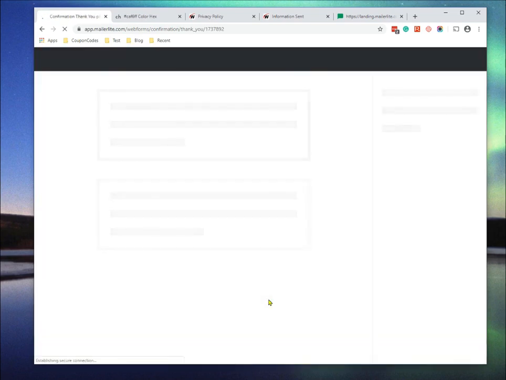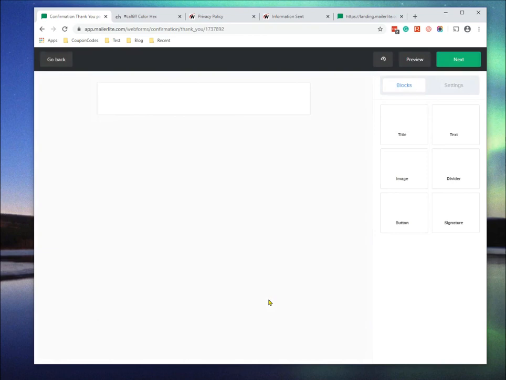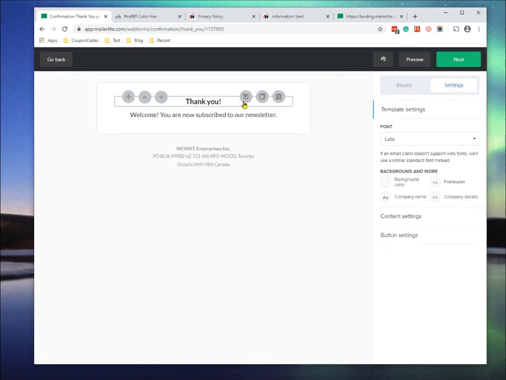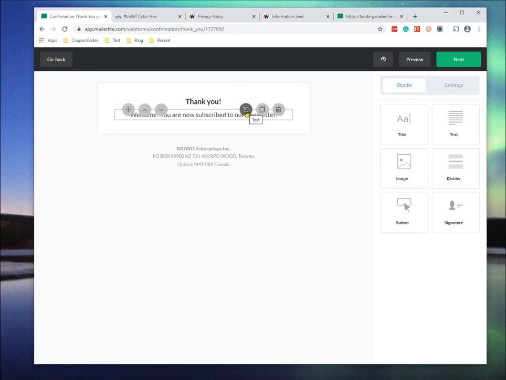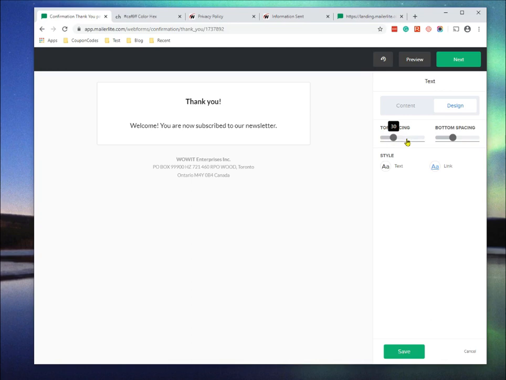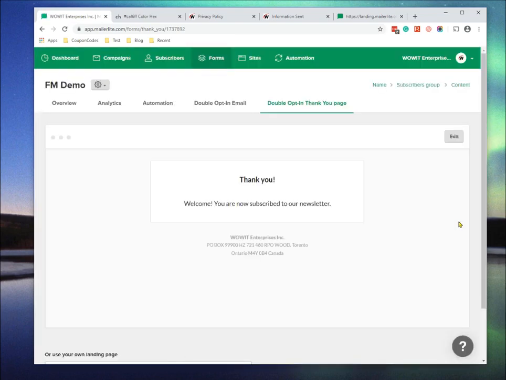Again, MailerLite will add the default footer information based on your account settings. That's regulatory, so they will add that. But you can modify the text here and some of the coloring as well, same as we had before. Go back to blocks, we modify this. You have spacing as well you can modify, just like we did with the double opt-in email. But you have another choice. You don't have to have the thank you notification. Instead,